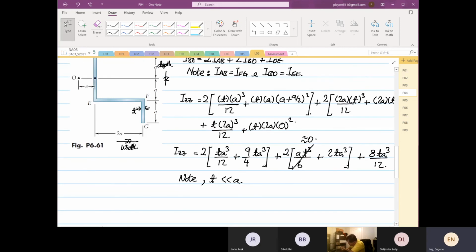So when that's the case, your IZZ, this is one thing you all have to take note of. For this analysis, it is very typical. So IZZ is equal to twice, right? So 1 over 12 plus 9 over 4, or I just multiply them together. So 1 over 12 plus 9 over 4 times 2 is equal to